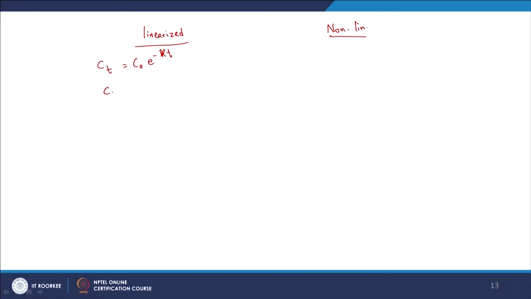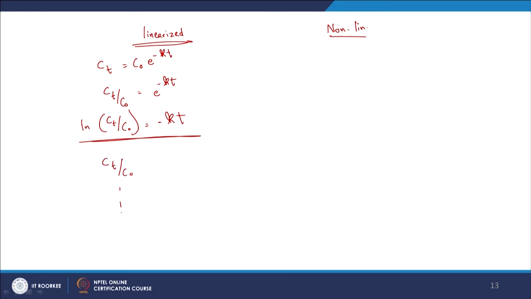Let us say I know Ct by C naught equals e power minus Kt. So the natural logarithm of Ct by C naught is equal to minus Kt. Now it's linearized and I can conduct the regression on these aspects. What would I conduct the regression on? I would conduct the regression on Ct by C naught in one set of data and time in another set of data, and I am going to repeat the same approach,